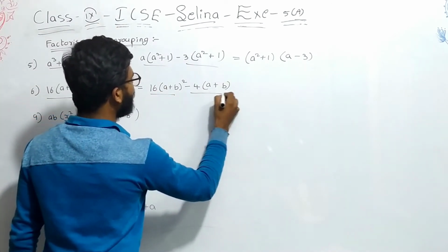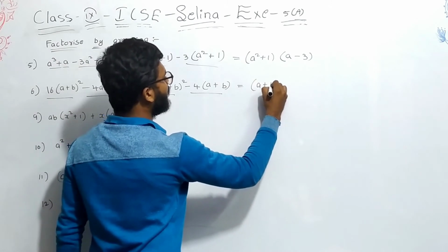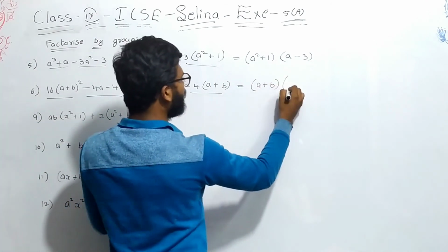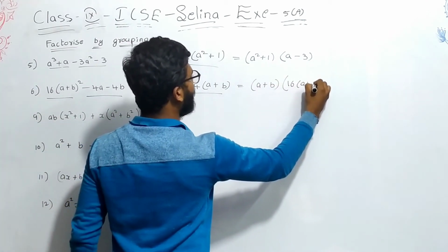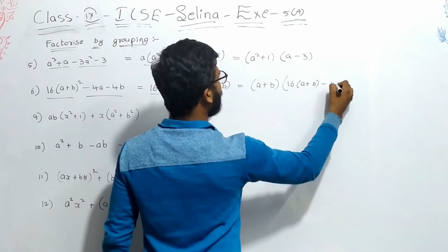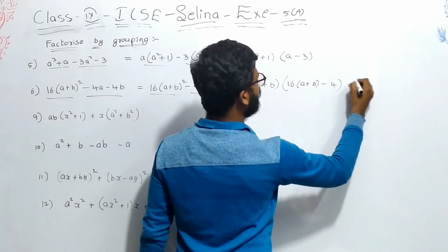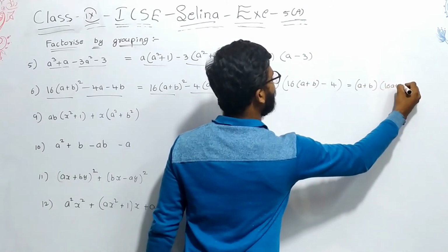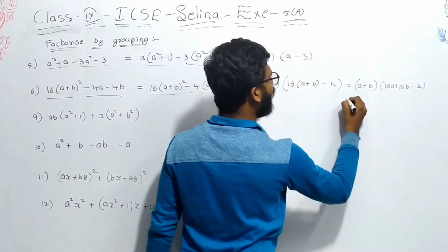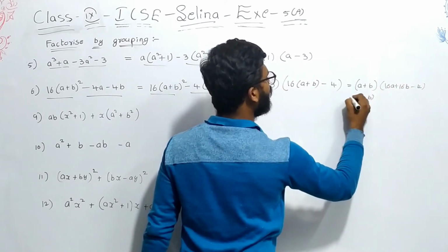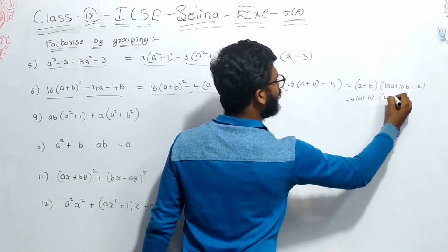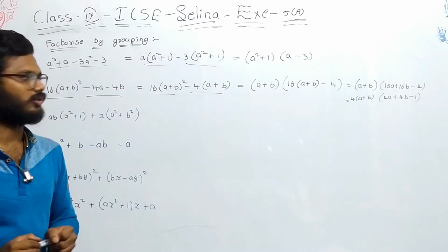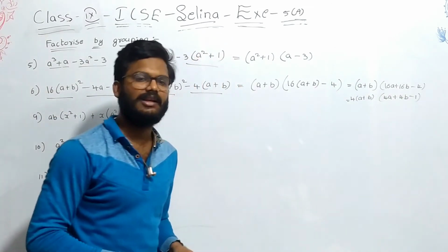So, again if you see these two, A plus B is remaining. Why? A plus B whole square is nothing but A plus B into A plus B, right? So, in the first term, 16 into A plus B is remaining, whereas in the second term, minus 4 is remaining. So, if you do it completely, what you will get? A plus B into 16A plus 16B minus 4. Again, if you want to write, you can take out 4 common. So, 4 into, here, 4A plus 4B minus 1. You can write either of the two, but this is factorizing completely. We will tell it like that.